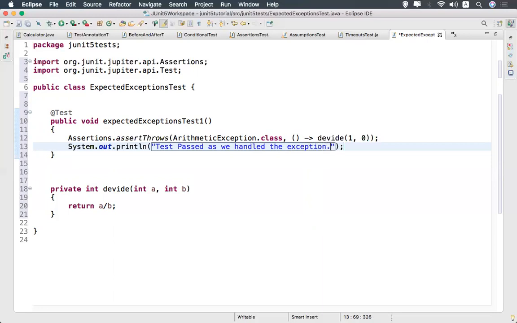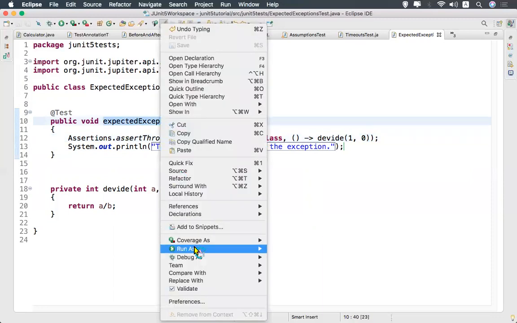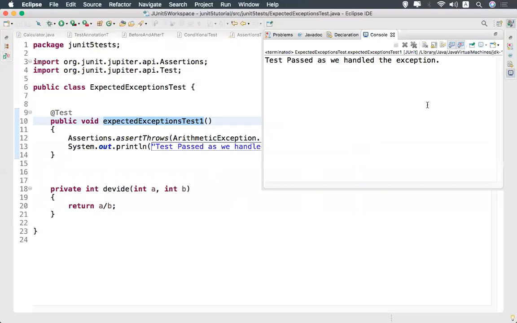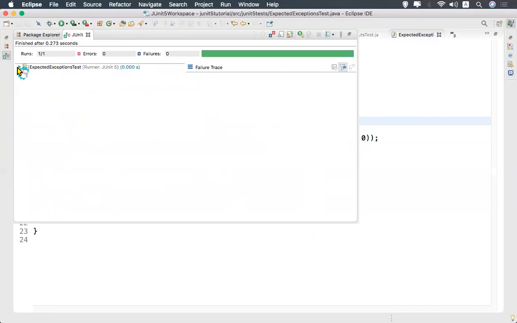I know I will get an ArithmeticException and I'm handling this, so I'm expecting this. When you run this test, it will pass. You see that it is printing and it's passed.